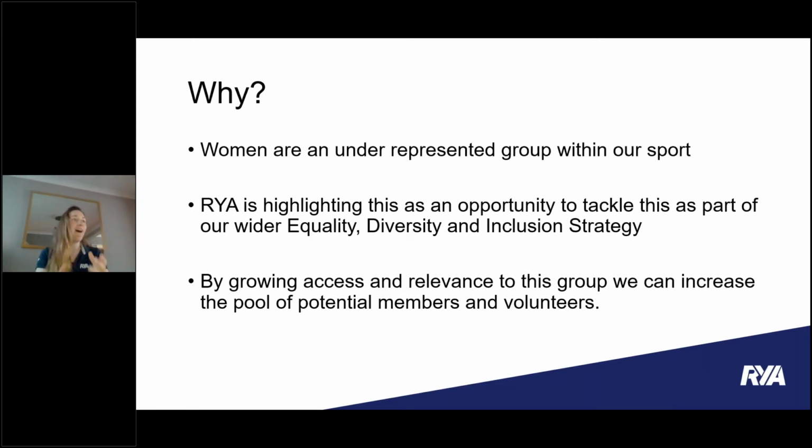The RWA is highlighting this opportunity to try and tackle this, and this is part of our wider equality, diversity and inclusion strategy. We hope by us getting involved and supporting you as member organisations, that we can inspire you to be part of this as well, and help us break down women being an underrepresented group and create equality within our sport here.